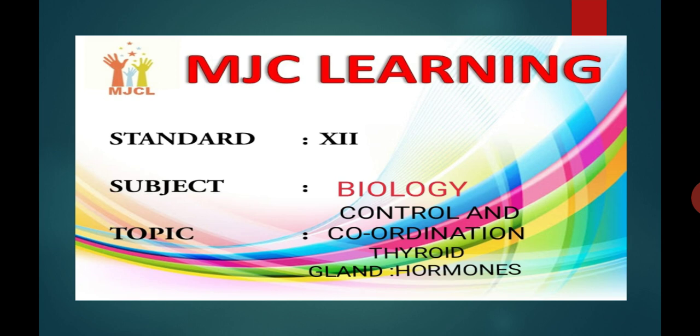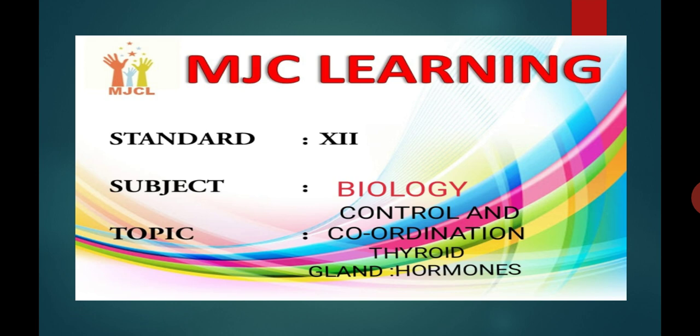Let's see the histological structure of a thyroid gland. In TS of a thyroid gland, it shows millions of rounded bodies known as thyroid vesicles or thyroid follicles or acini. The follicles which are present towards the periphery are larger in size and those at the center are smaller in size. Internally, each follicle is lined by an epithelium called the follicular epithelium and is filled with a fluid or substance known as thyroglobulin.